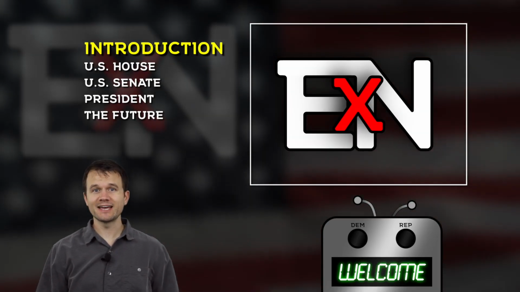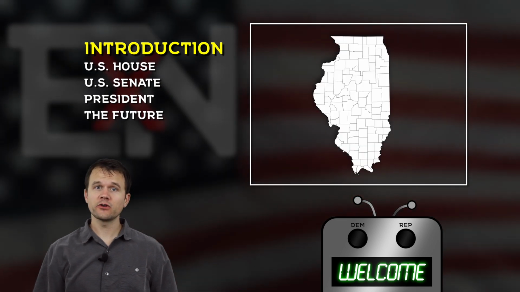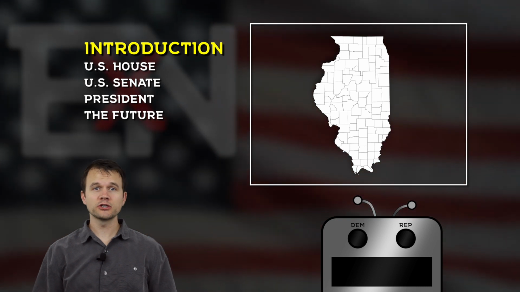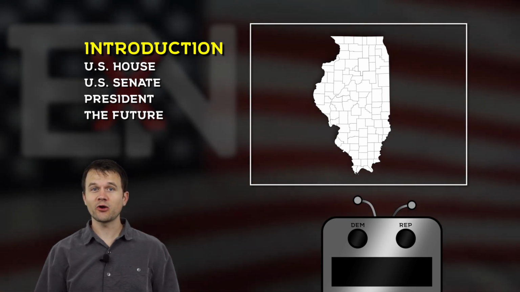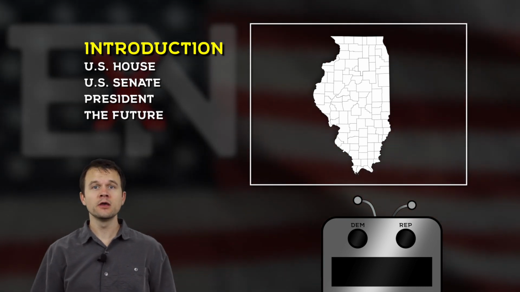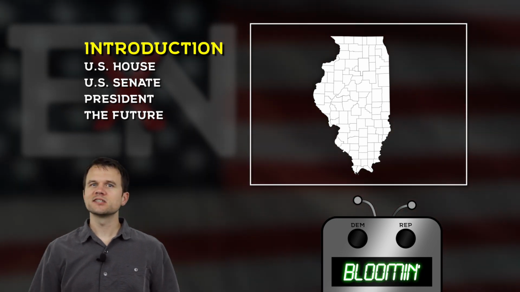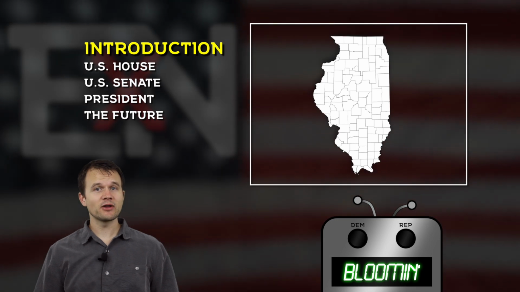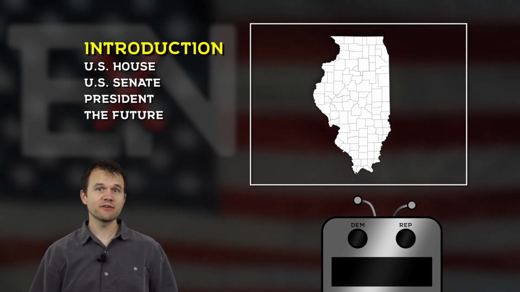Today we're talking about the land of Lincoln, or the state of Illinois. Illinois is the state that contains the third most populous city in the whole country, that being Chicago, and the name Chicago actually comes from an old Algonquian word that means onion field. Despite having one of the largest metropolitan areas in the whole country, Illinois still is about 80% farmland. It was also the first state to ratify the 13th Amendment to the Constitution, which abolished slavery in this country.